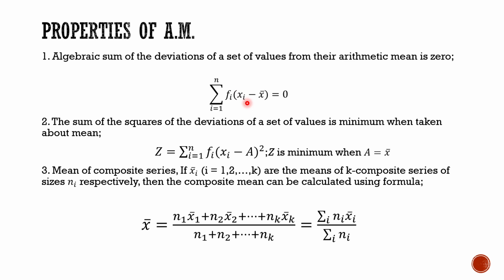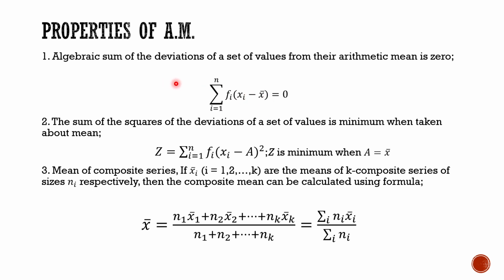This is one way to interpret this property, as saying that the numbers to the left of the mean are balanced by the numbers to the right of the mean, because the mean is actually the center of that sample. So the mean is the only single number for which the residuals sum to 0. This is the first property of arithmetic mean.